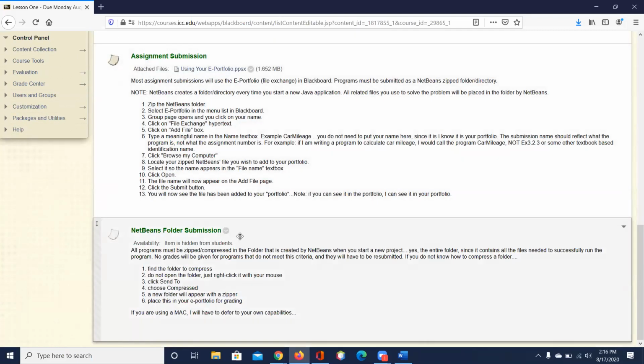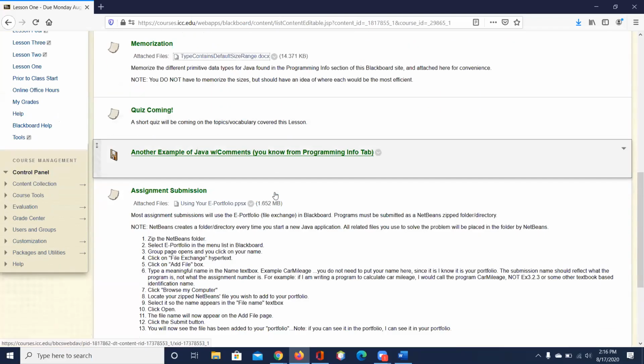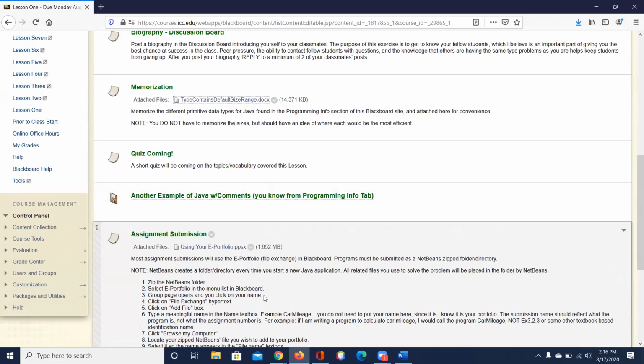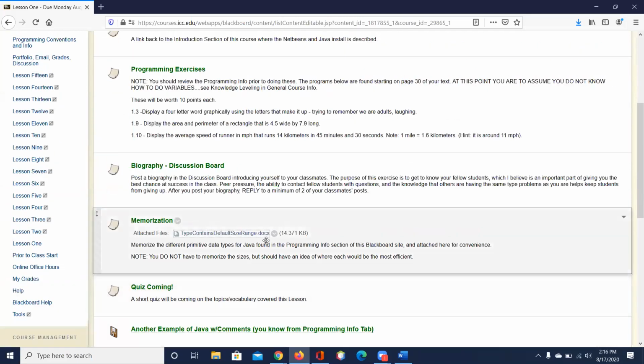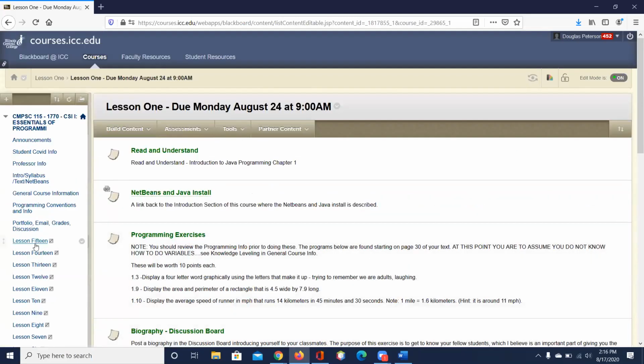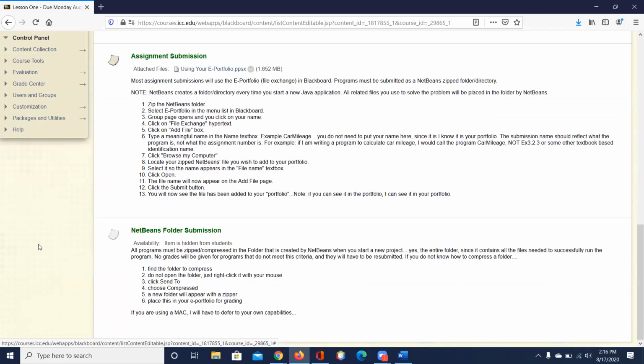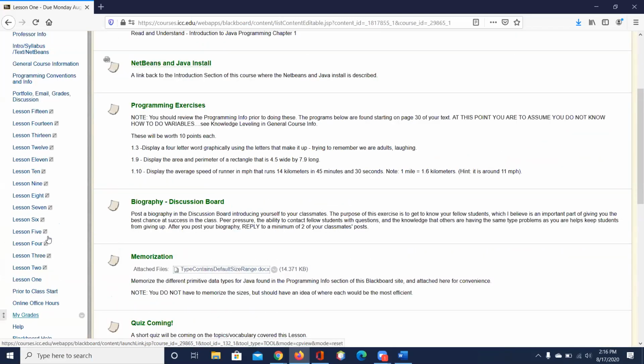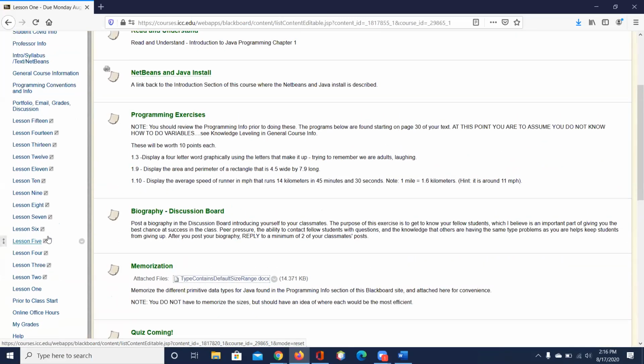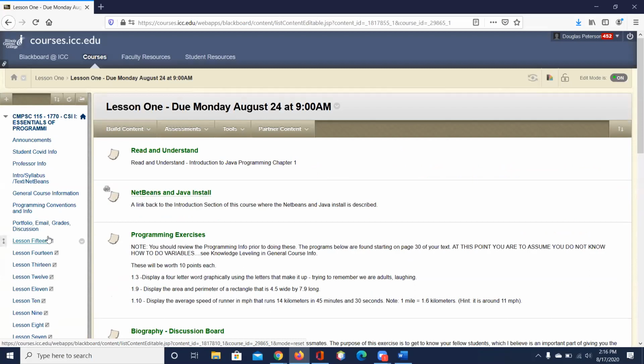And again, on the folder, oh, you don't even see that one. Okay. But this is the steps to submit something. And that's basically the housekeeping for this course.